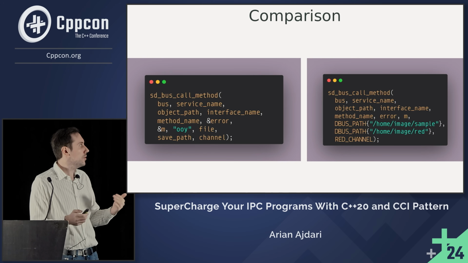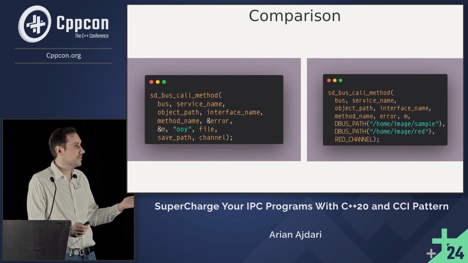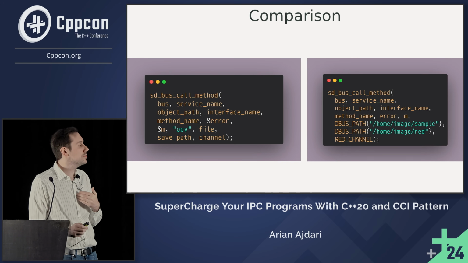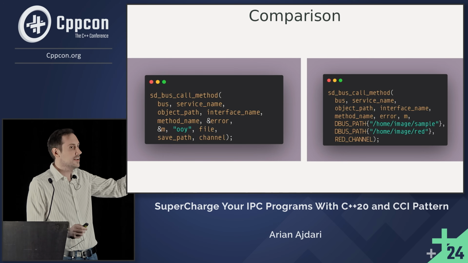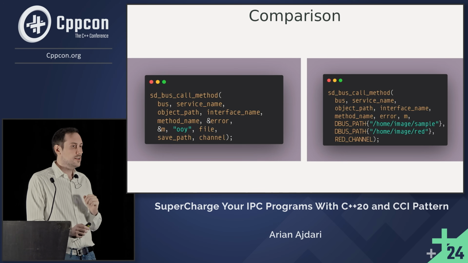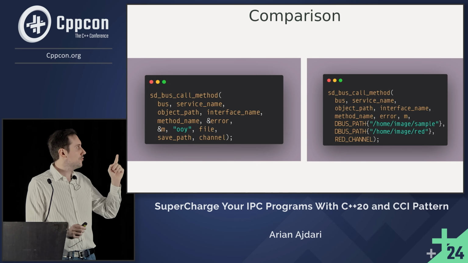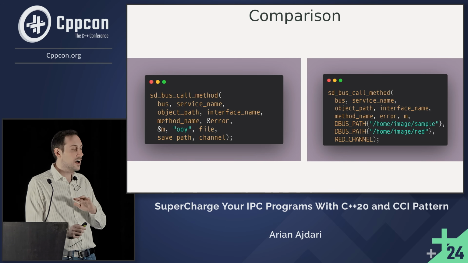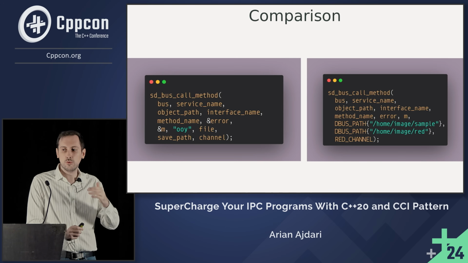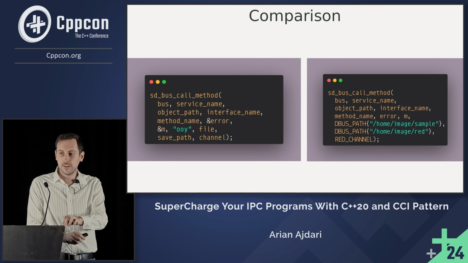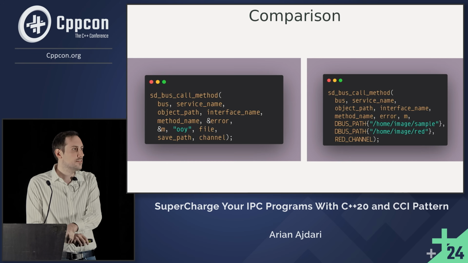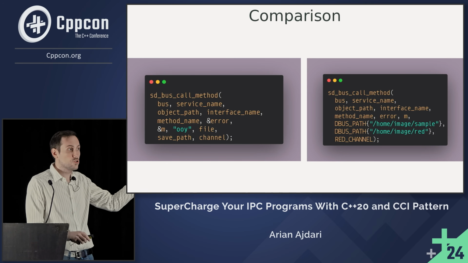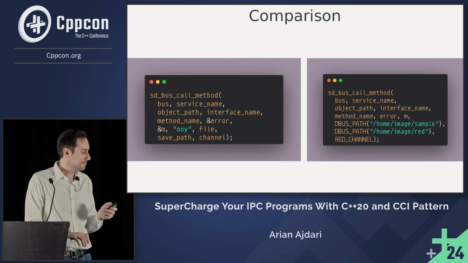So as a programmer, when you would use the dbus with the CCI pattern, the interface that you would be dealing with is the interface on the right. And you will have the compiler as your friend supporting you, so that if you don't provide the parameters correctly, under no circumstances would they compile. You would get a nice clean error explaining that a particular constraint was not satisfied, which saves you a lot of time and at the same time actually teaches you how to use the interface properly.